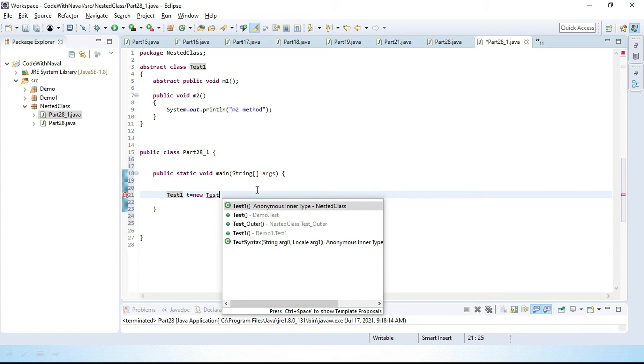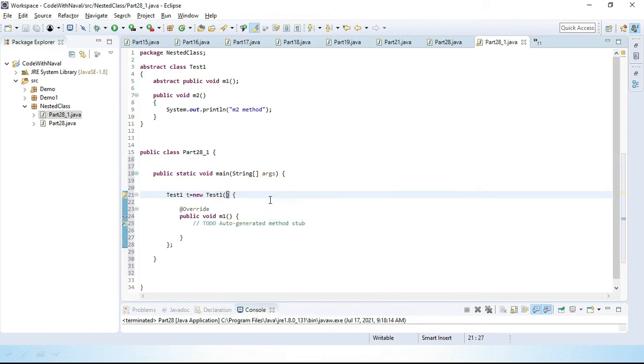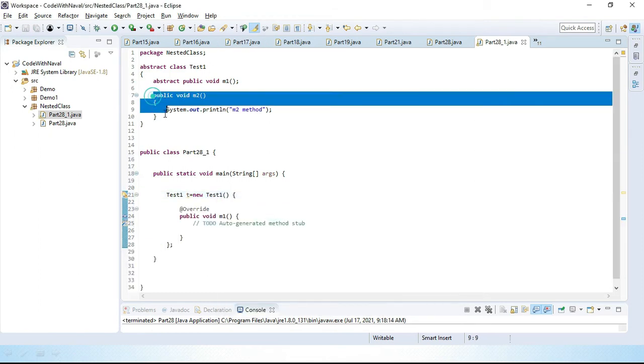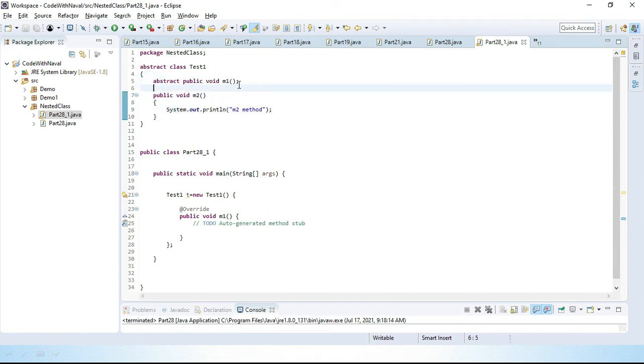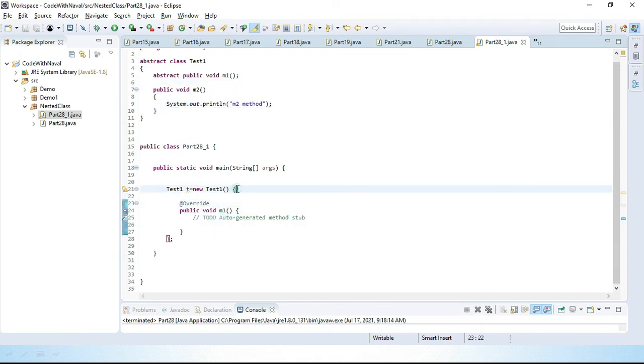We have to provide the m1 implementation. If you click here, you can see one method already has an implementation, and one method is the abstract method. Here we simply provide an abstract method implementation during object creation. For that we don't need to extend this parent class.